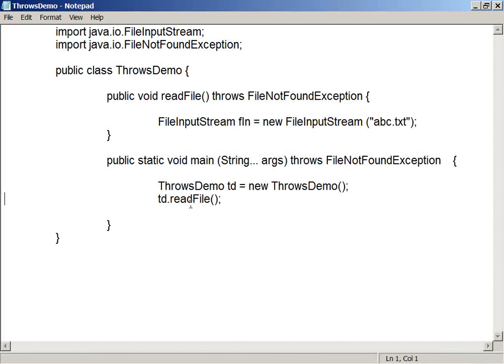Now if you look at your program, this is the statement which is trying to open this abc.txt. To whom is it passing this error message? To readFile it is passing, and readFile is also not interested to handle it. So readFile is passing this message to the main method, and the main method is also not interested to handle. So nobody in the hierarchy is interested to handle this problem. Try to understand what happened here. There are two things you need to focus on here.